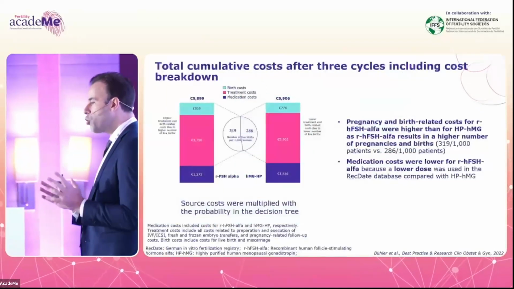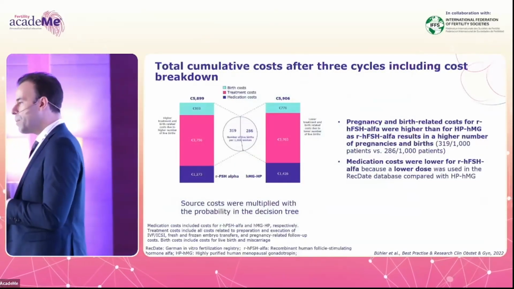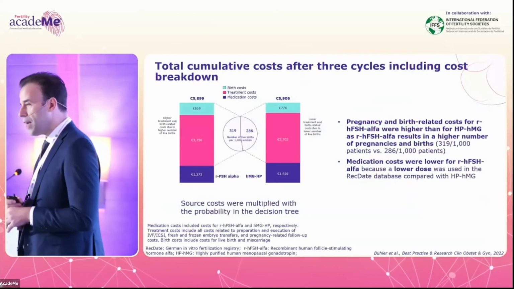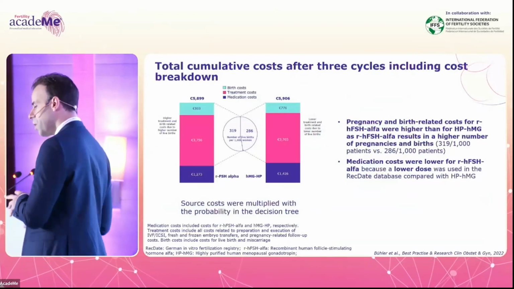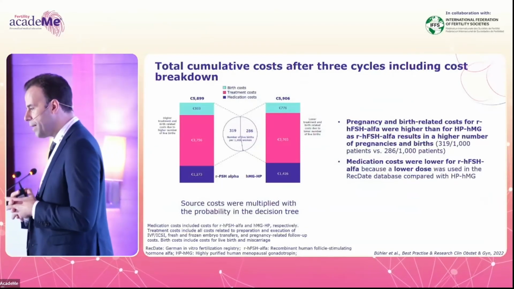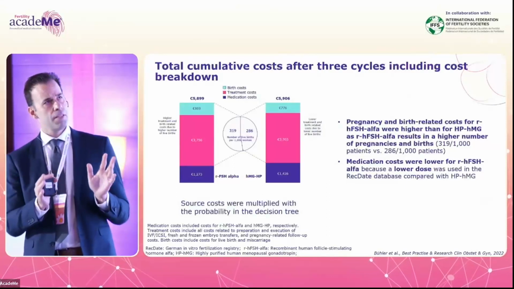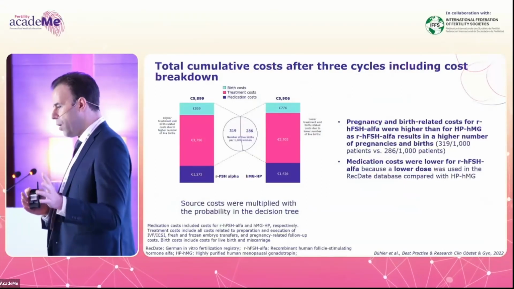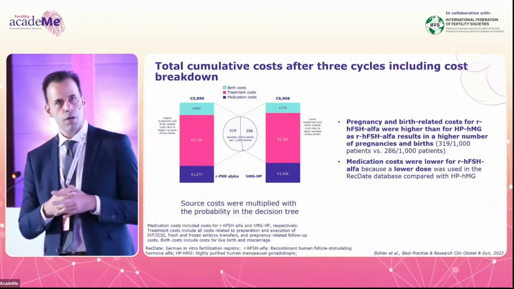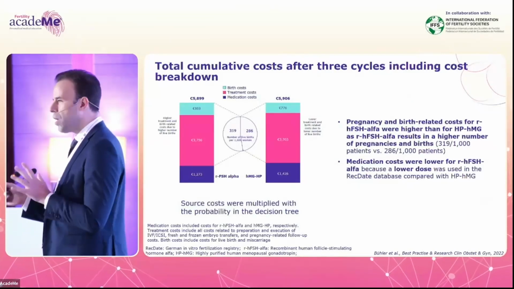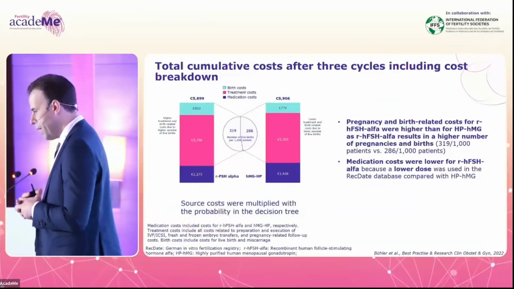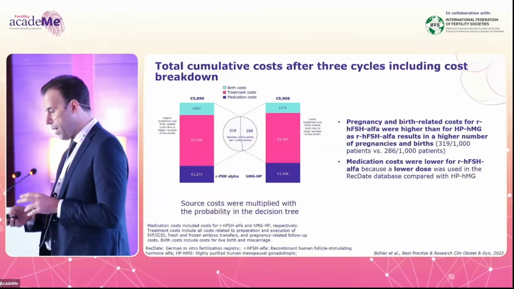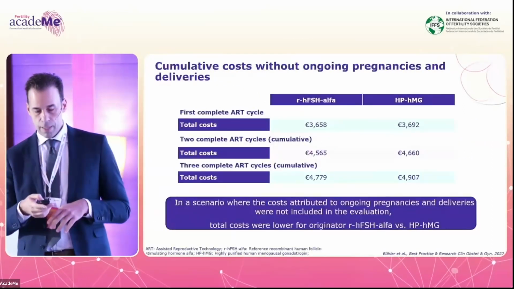So this is the total cumulative costs, as you can see, after up to 3 cycles, including a cost breakdown. And you can see on the left we have folitropin alpha originator, on the right we have highly purified HMG. You can see that they're fairly similar in a way. We have about 5,900 euros for folitropin alpha, and 5,900 euros and 6 euros extra for highly purified HMG. Here in the circle, a very important